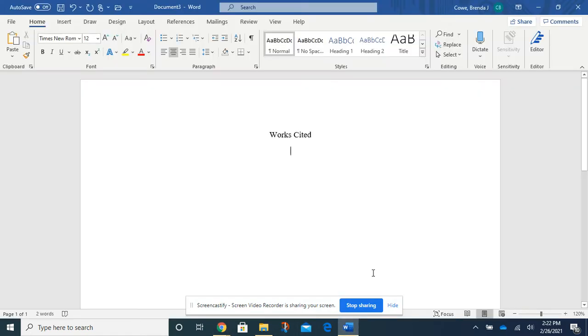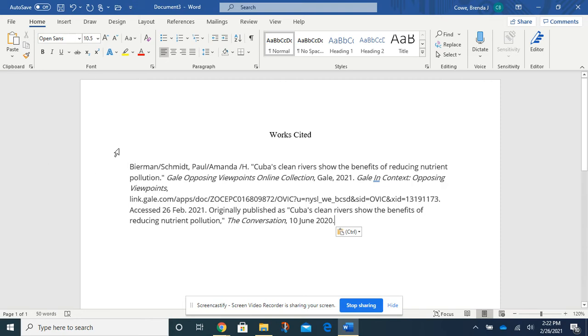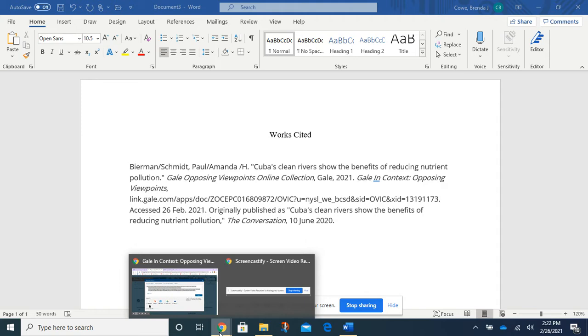Then I'm going to go back to my document. Now, you don't want to center the text for the citations, the individual citations. They're going to be over to the left here. Okay, so we're going to do that a few times, and then I'm going to show you how to come back into this Works Cited page and format it. So let's go back to the database,